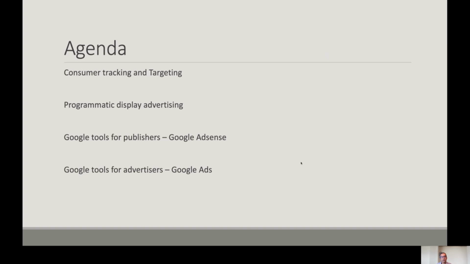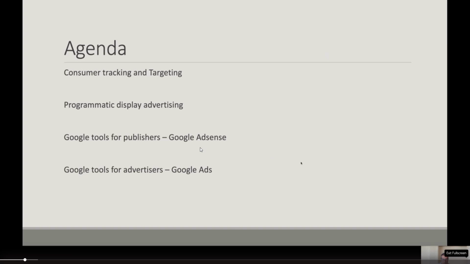As opposed to search advertising that we have already discussed, it is also possible to set up display advertising campaigns where not search ads, but banner ads on different websites can be shown by an advertiser, right? We will also talk about the programmatic aspect of display advertising. And this simply means that it is possible to actually purchase display ads on the fly based on the type of consumer that you are